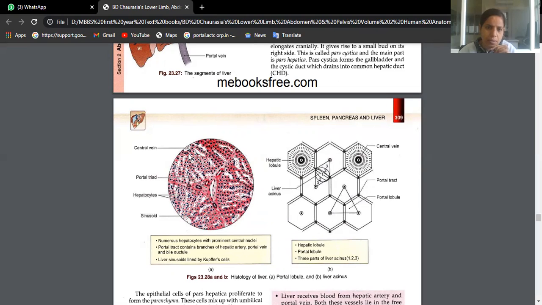Now suppose you take one hexagonal hepatic liver lobule. You see this is the area of central vein, this is the area of central vein. That means this is one hexagon incompletely shown, and this is one more hexagon. So these are all radiating hepatocytes. In between the radiating hepatocytes, we find sinusoids. And at the margin of each, you find the portal triad, that means hepatic artery, bile duct, and portal vein. Okay? So like that, you have to talk about histology.